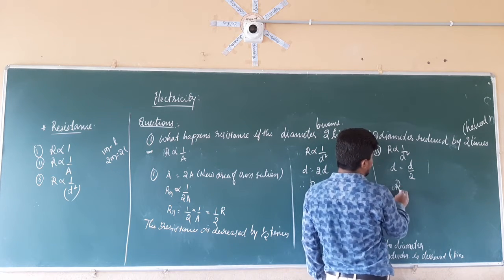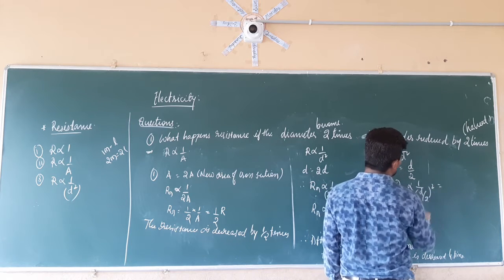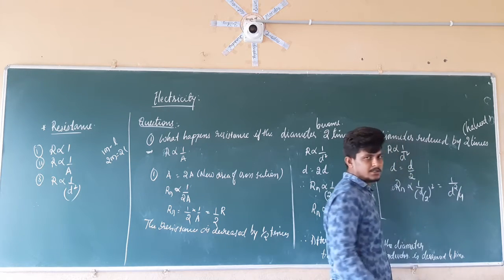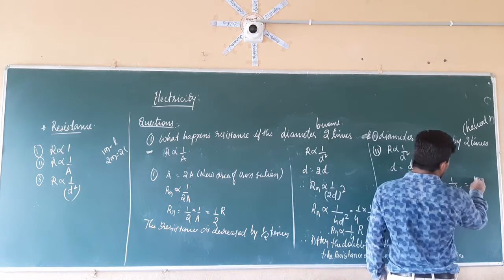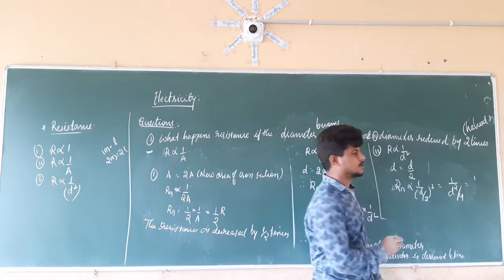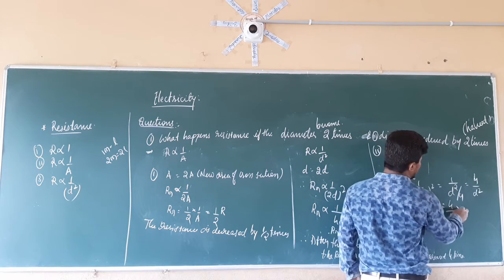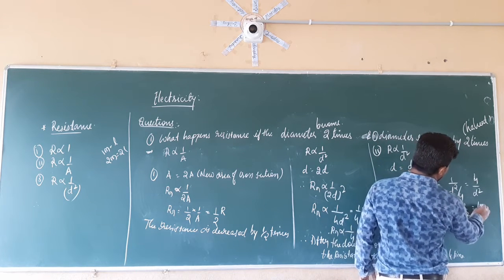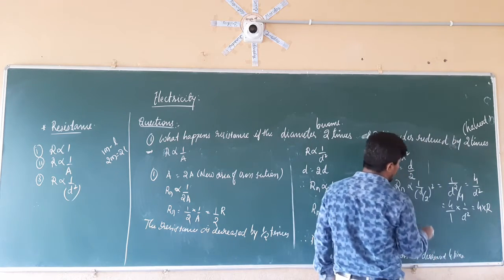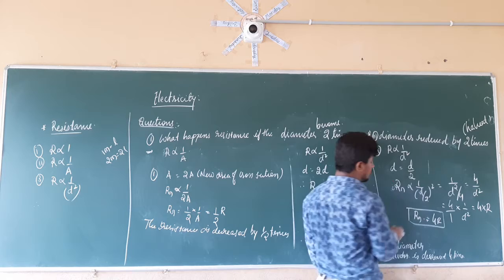So we already know that Rn is directly proportional to 1 divided by (D divided by 2) whole square. What is that equal to? It is equal to 1 divided by D square divided by 2 square, which is 4. Right? Therefore, the denominator becomes the numerator. So it becomes 4 divided by D square. It can be written as 4 into 1 divided by D square, and 1 divided by D square is equal to R only. So therefore, the new resistance is equal to 4R.